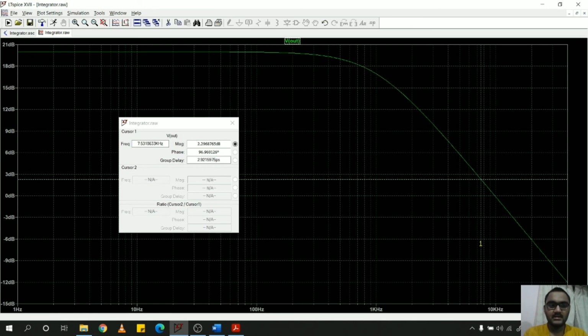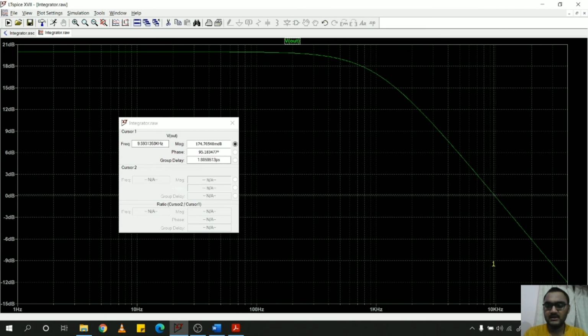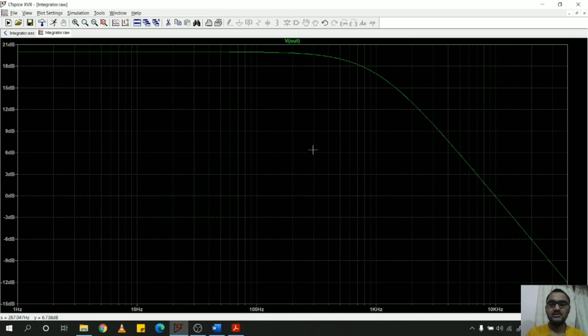Now let's check the value of FB. At 10 kHz, the magnitude of the gain is minus 131 milli dB, which is approximately equal to 0 dB. So this was the frequency response of an integrator.